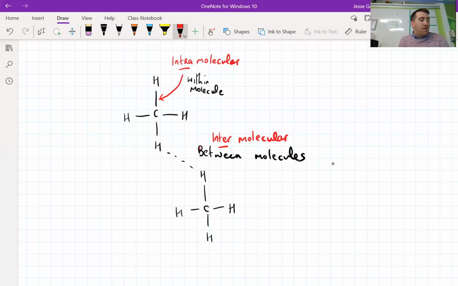It's really important to remember that we do not break the covalent bonds. We do not break these when we boil something. We do not separate it into separate carbons and hydrogens. We do not do that. We just break the attraction between the molecules. So we eliminate or overcome these forces when we boil or melt something. That's really important. So there's different types of these intermolecular forces, and